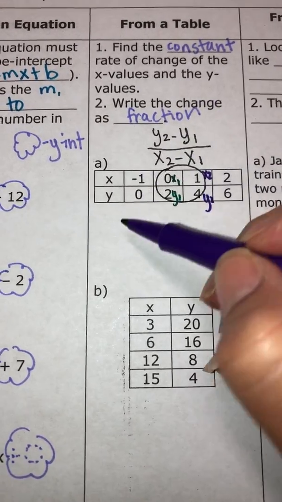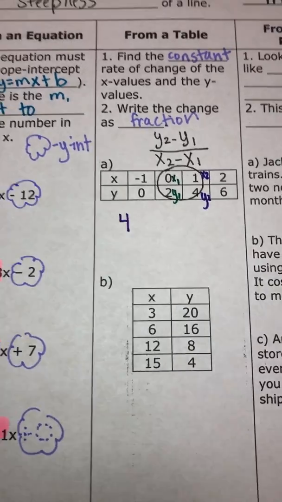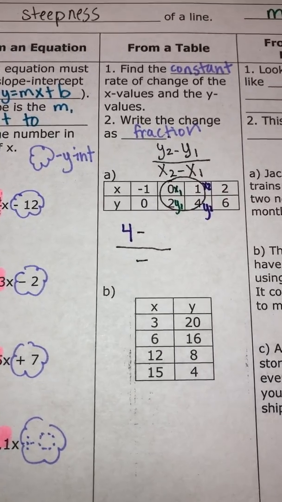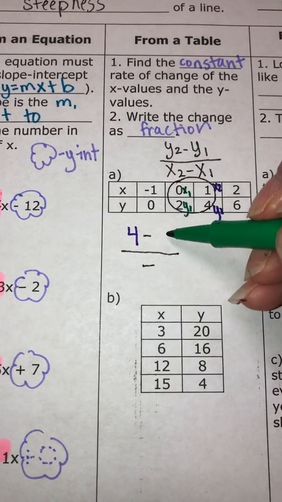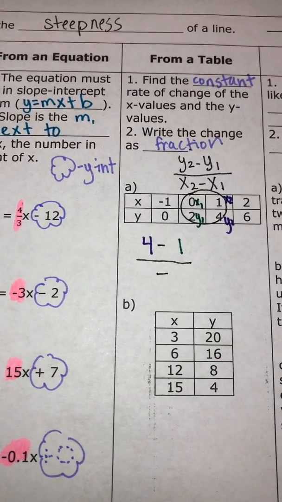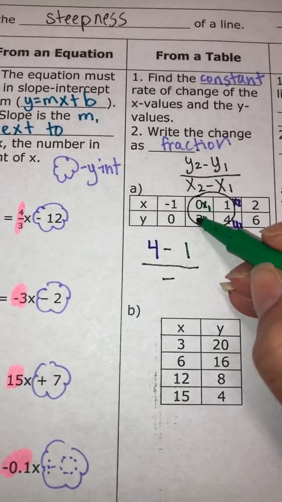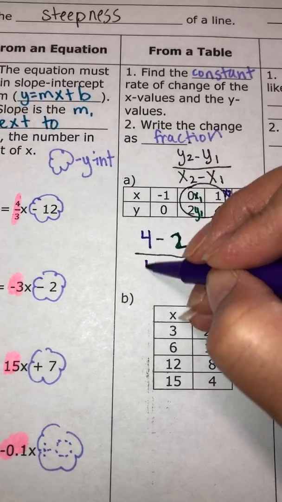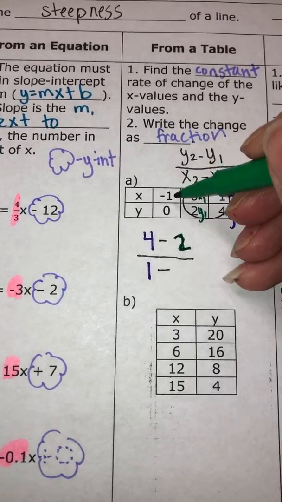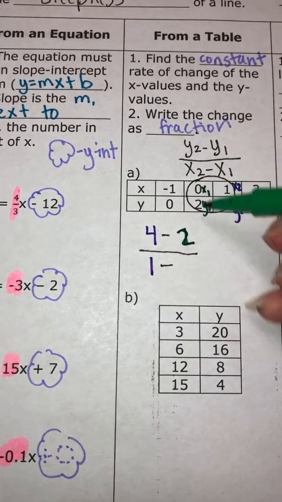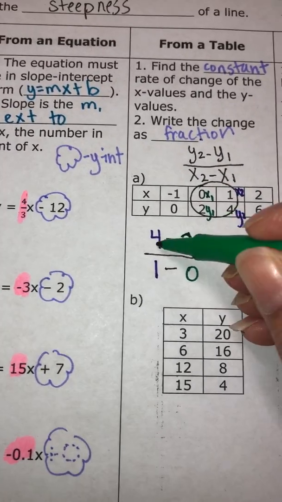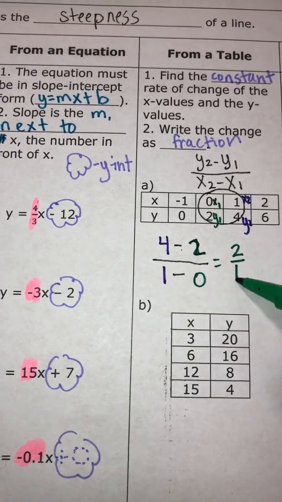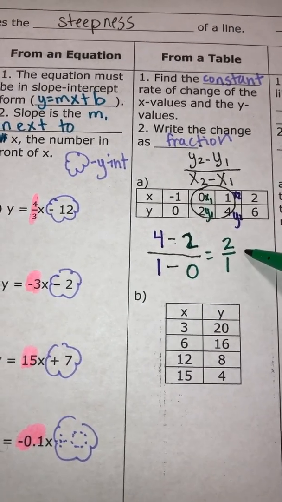So y2 is 4. Oh, and don't forget, minus, okay? Then y1, oops, y1 is a 2, sorry. Then x2, and x1 is 0. 4 minus 2, 2. 1 minus 0, 1. 2 over 1, which is simply